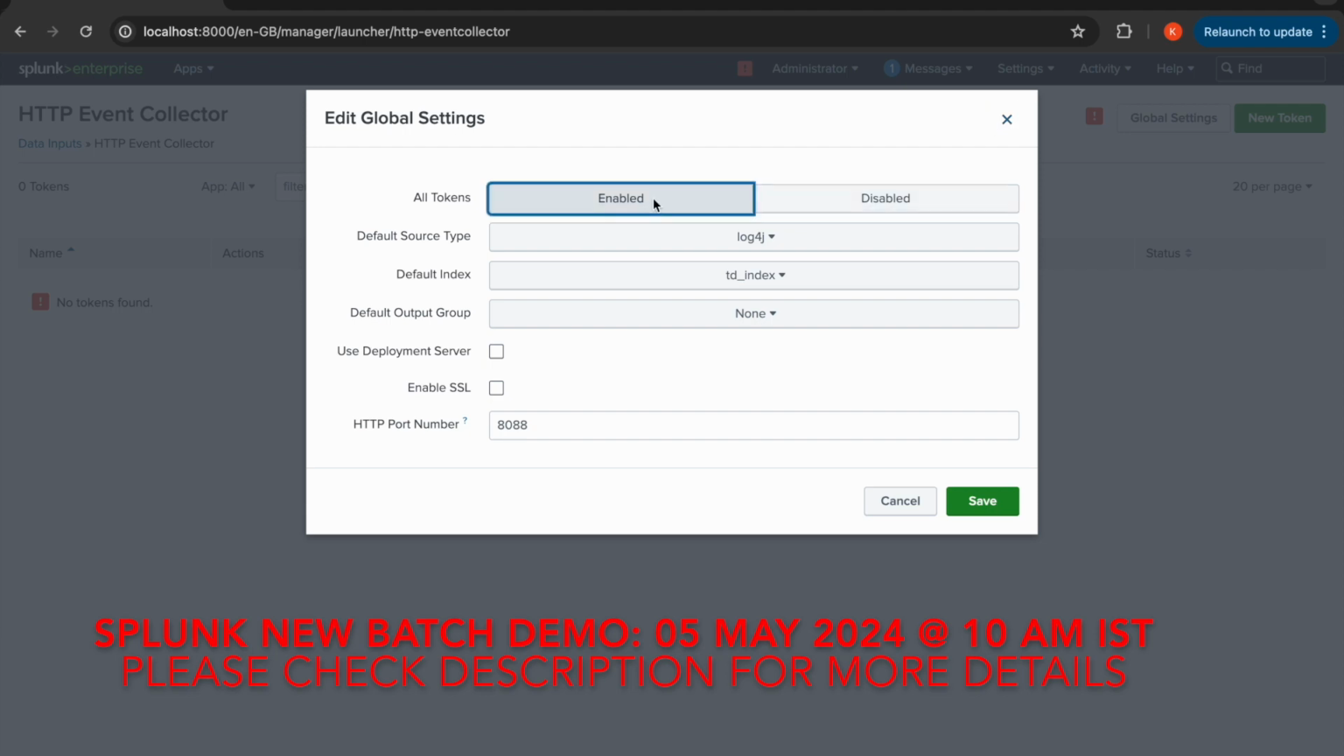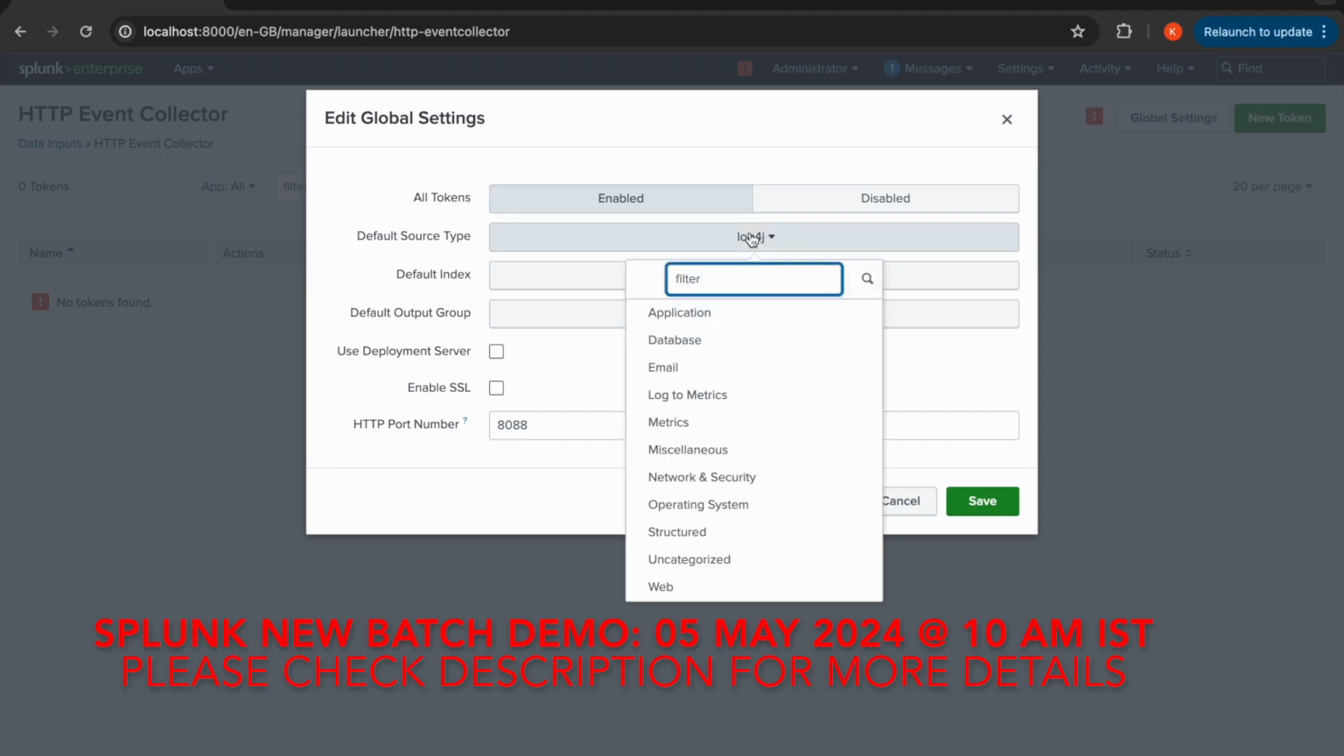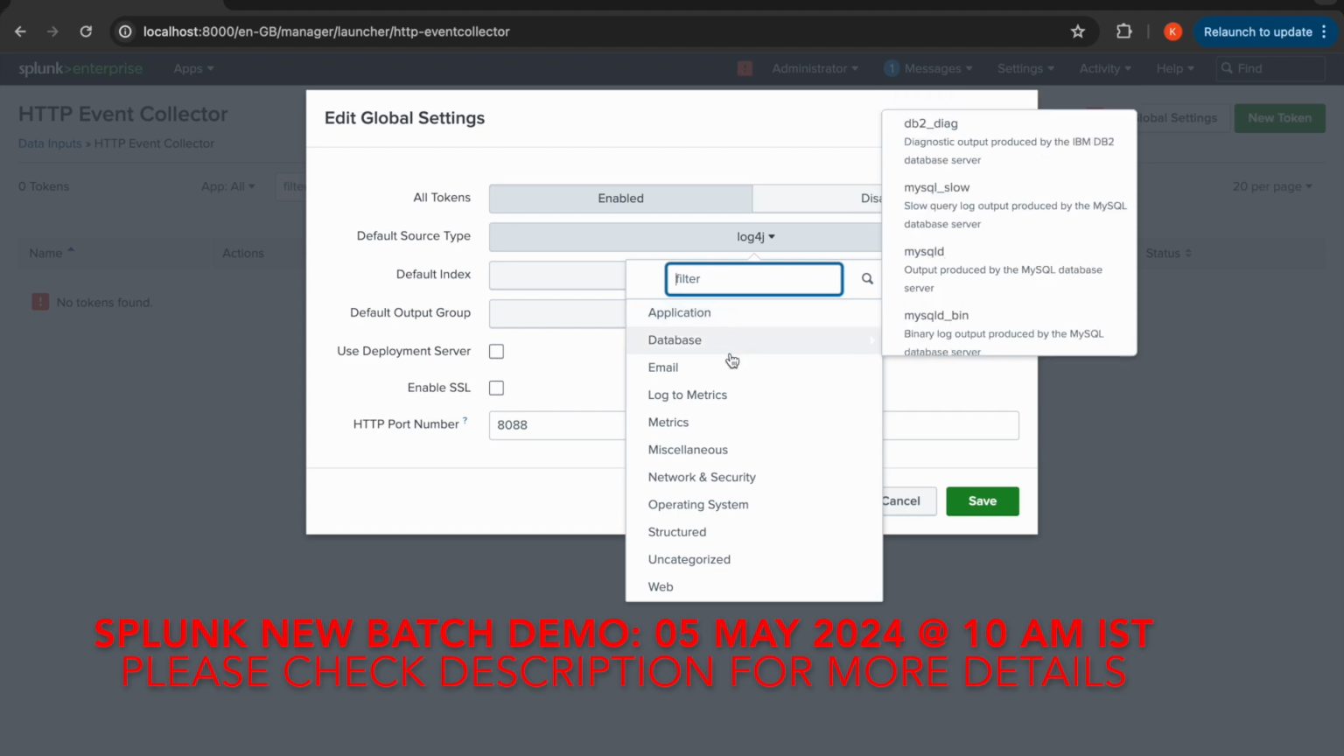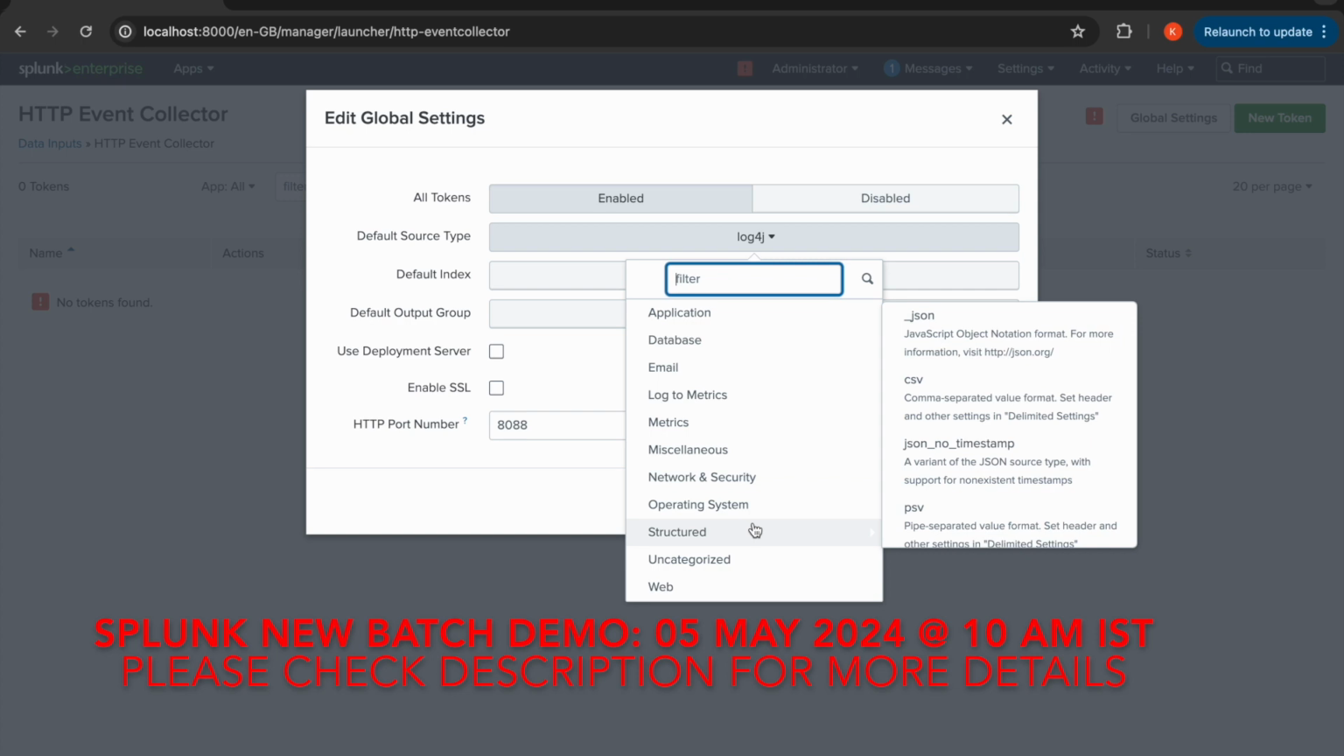I'll be enabling all tokens, and I think that earlier I have used it for something. For the default source type, I will not be taking this log4j, since log4j is related to application. I will be going to structured data and taking JSON. JSON as the particular token. So with JSON we'll be creating the